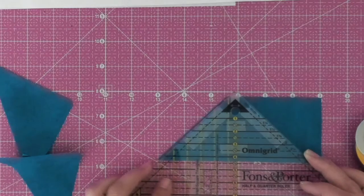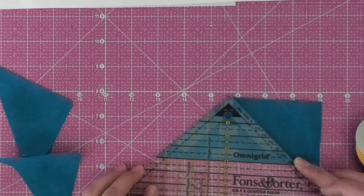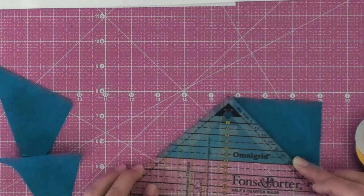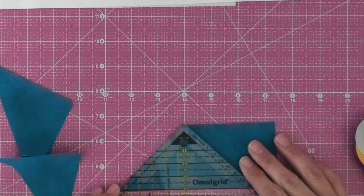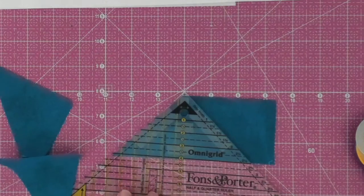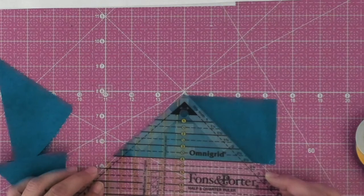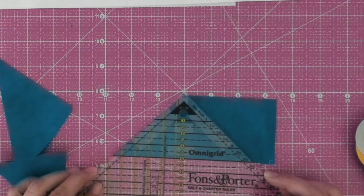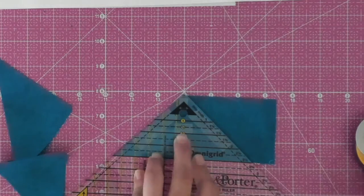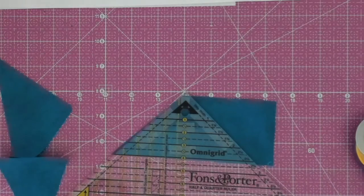Rotate this one. Yeah, I'm going to have to cut an extra one. That's not a big deal. No worries. So you just keep cutting down your strip. In the instructions, I suggested that you cut a strip that is along the width of your fabric. That will definitely give you enough pieces. I was just working with scraps, and I was hoping it would fit, but apparently it didn't. That's okay though. So you cut your next one,